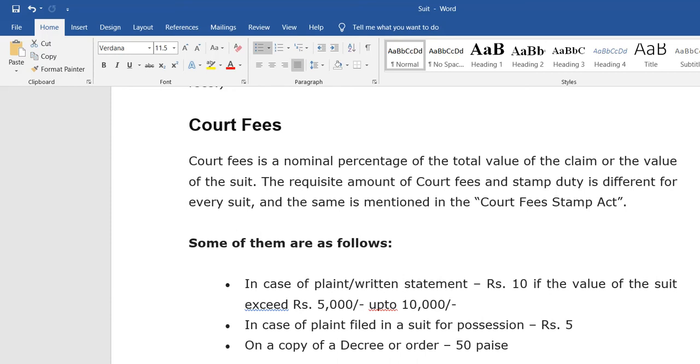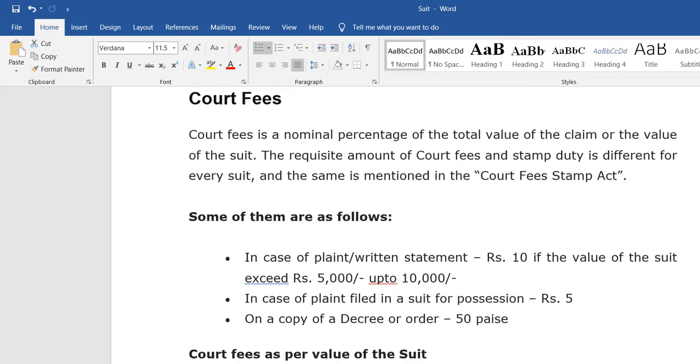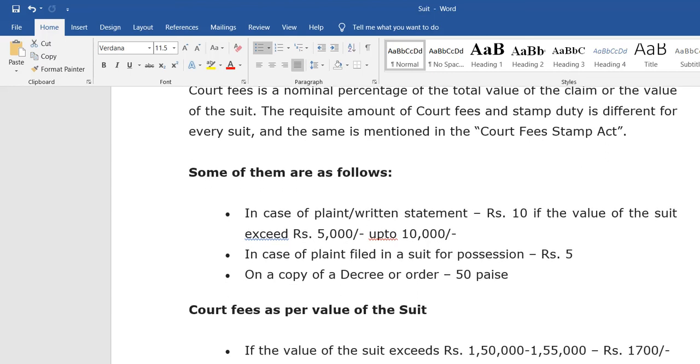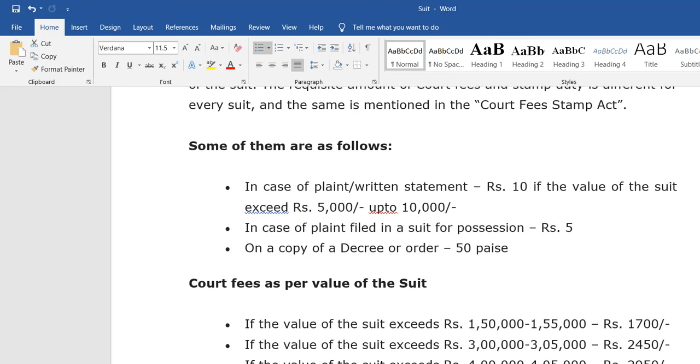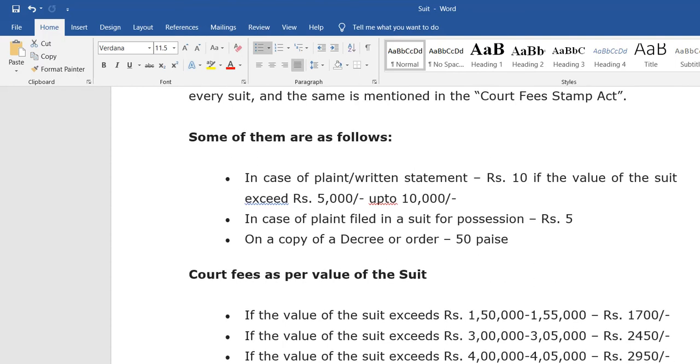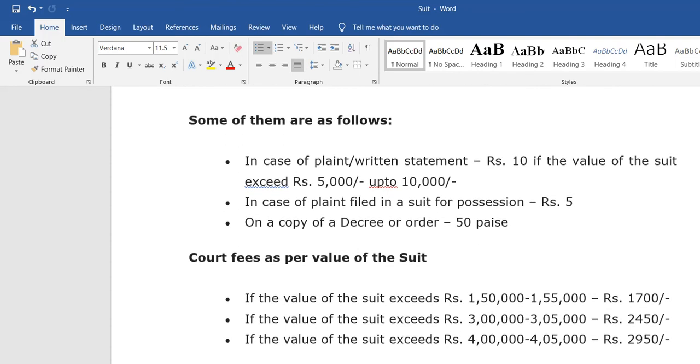The required amount of court fees and stamp duty is different for each and every suit, and the same is mentioned in the Court Fees Stamp Act. Suppose in case of plaint and written statement, rupees 10 of the value of the suit, if it exceeds 5,000 up to 10,000.